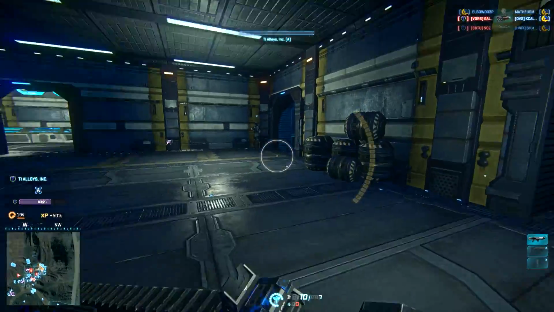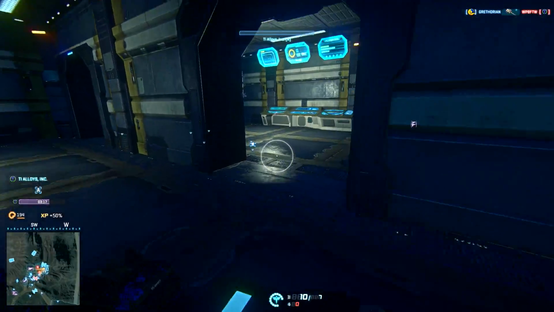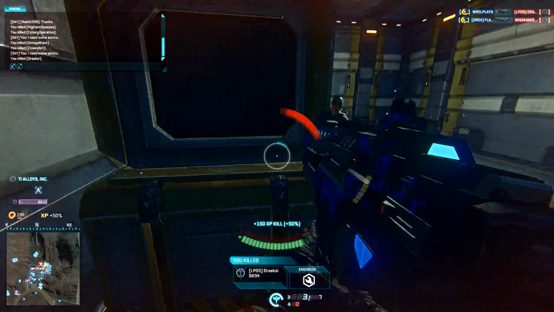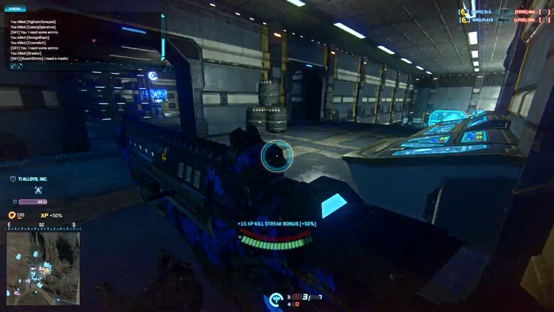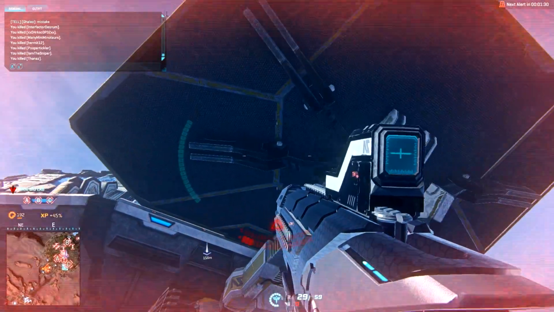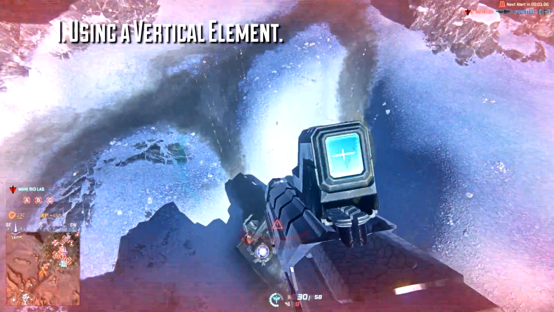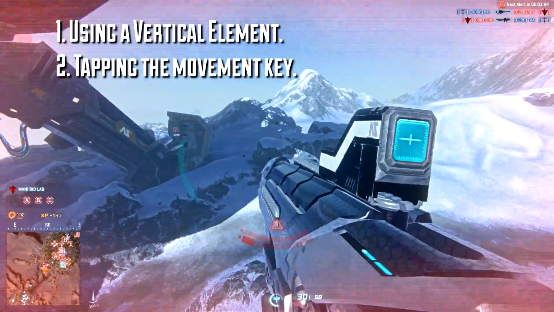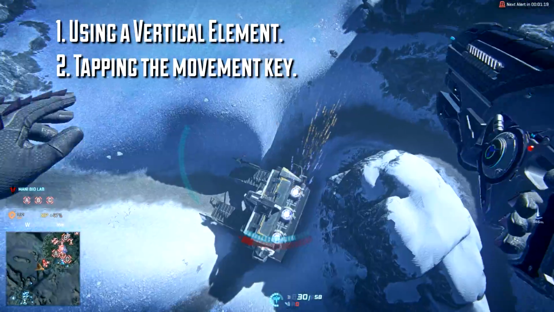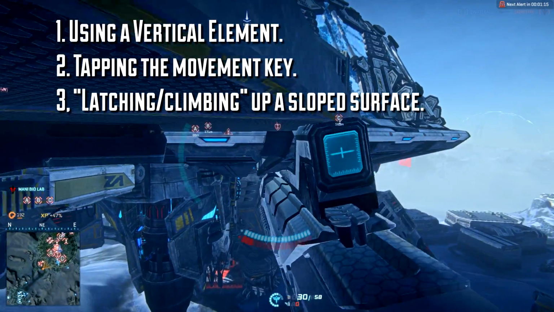So we've covered all of the technical aspects of drifter jump jet use, what they do, how to use them, and all of the little quirks associated with it. Now I want to share a short gameplay clip that's going to tie some of those elements together. In this clip you'll be seeing me use 3 of the strategies that we mentioned earlier. The first is just using a vertical element, and in this case it's the elevator. The second is tapping the forward key so we retain that height, which will let us move underneath this platform without descending too much. And the third is latching onto walls and then climbing up them by facing upwards and